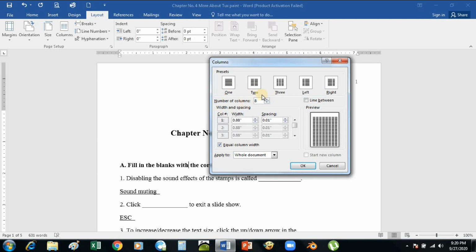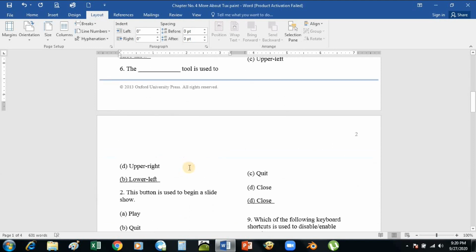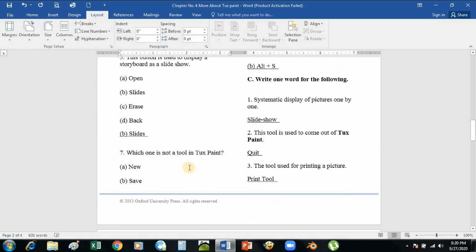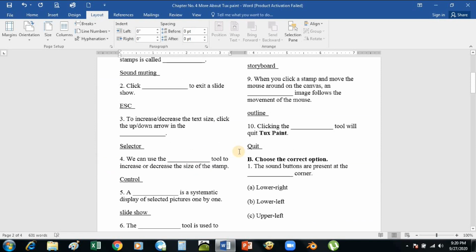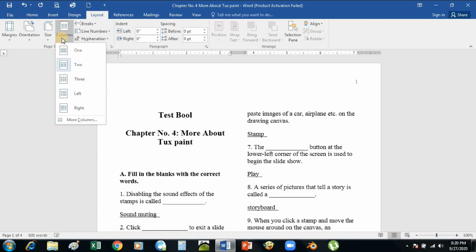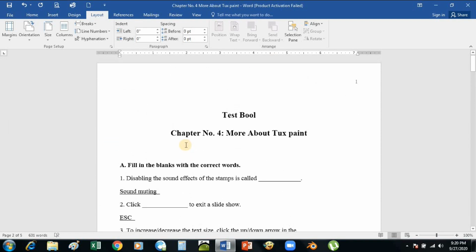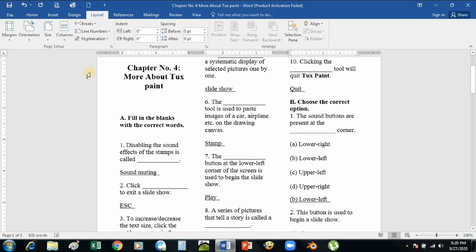So we are going to make it 2 columns. Either we can select from here, or this one. You can see now these are 2 columns. As in newspapers we see small columns of data, here now you can easily observe the 2 columns of data. We can change it again into 1 column, and now you can see all the data is in 1 column. You can change it to 1, 2 and 3 columns. Right now it is in 3 columns.